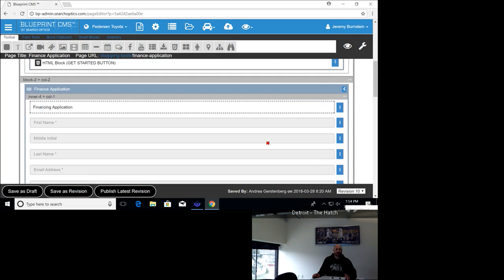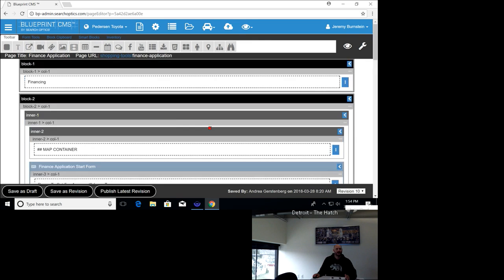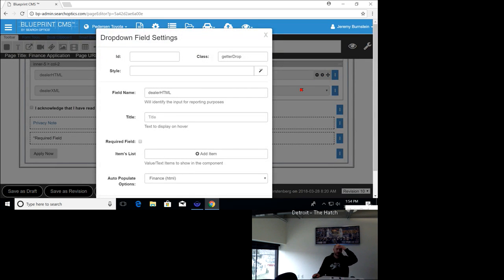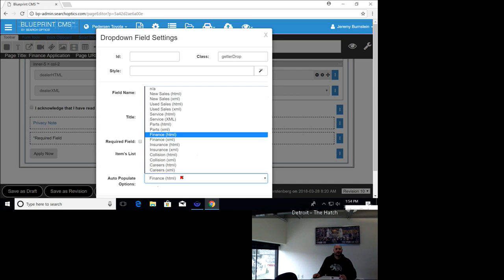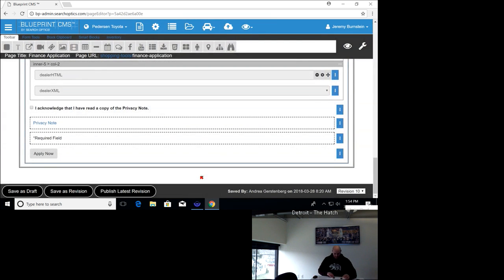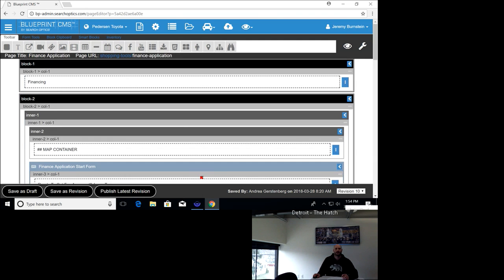But what's different on smart sites is that you're going to want to make sure you have a block like this down here at the bottom set up, and then there's one for HTML and one for XML you can see. This will be used later, but we have these labeled as finance. And then we'll notice that if you go in the form settings here as well,